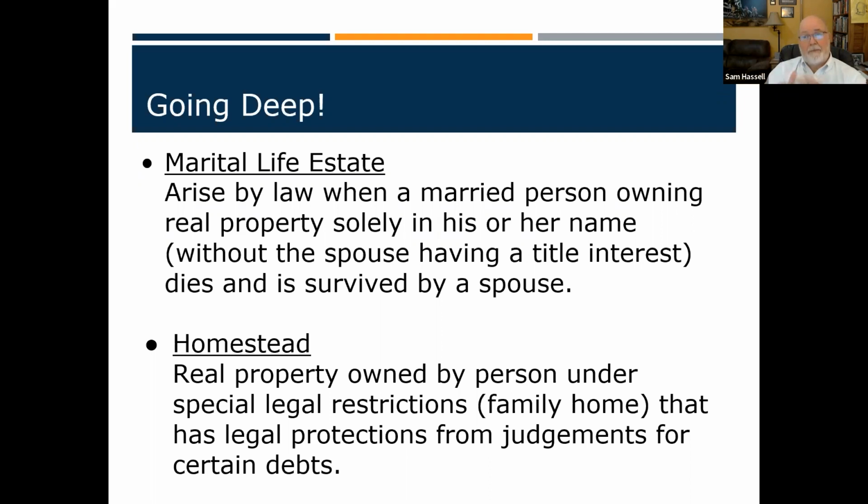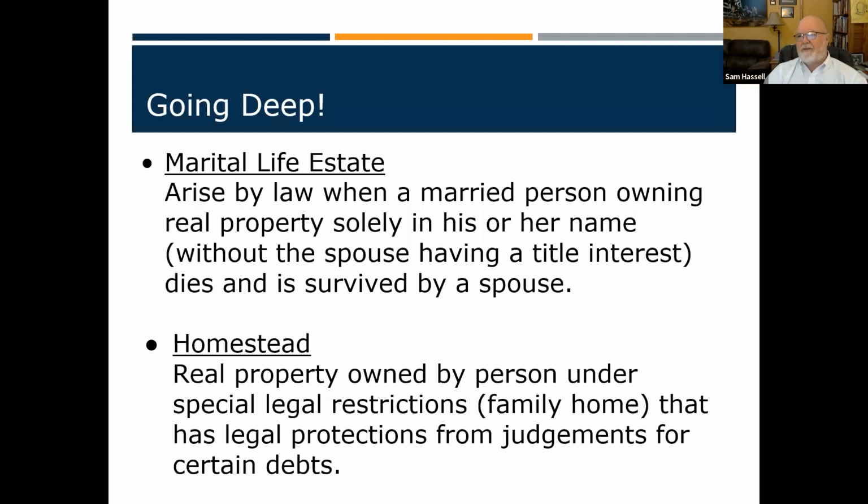Now, if I don't pay my property taxes, they can take it. If I don't pay my mortgage, they can take it. Those are direct liens on the property. But a judgment, or any kind of lawsuit or anything else, they can't just come and take your house. You're protected for a certain amount of money. So this is a legal life estate that protects you from outside creditors for liens and personal liens and things of that nature.